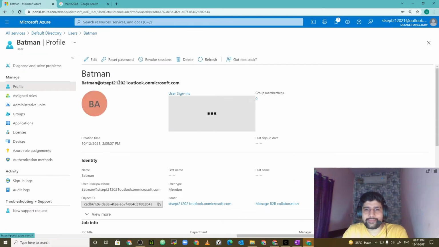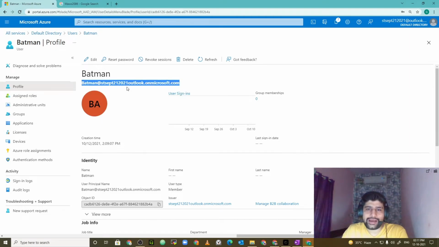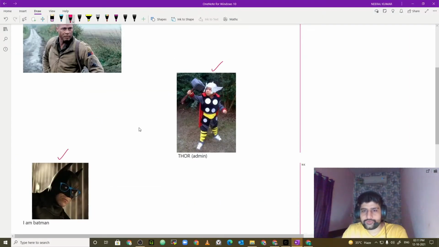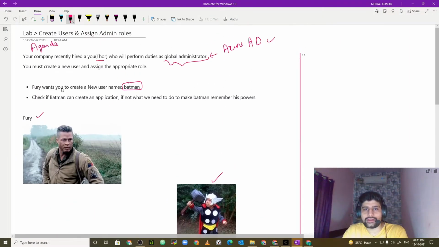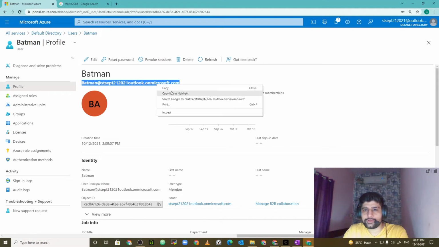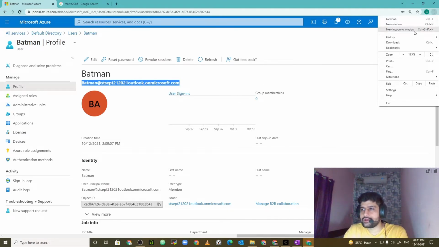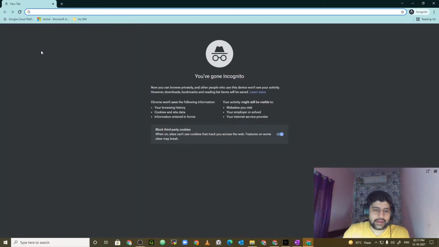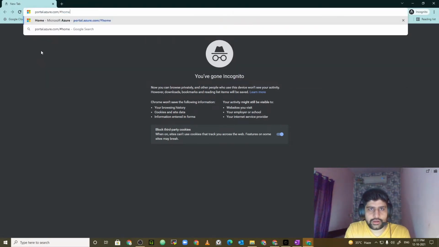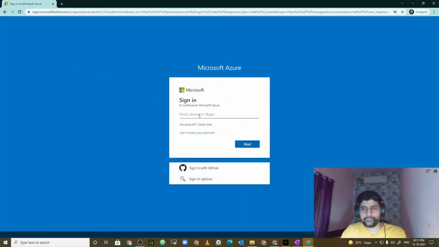So let's go to this Batman user, and what I want to do, I want to log in with this user. So the first task that I wanted to do, I had to create a user called Batman, and then I need to log in with this user. Let's go back over here, copy this user. Let's open an incognito window and search for portal.azure.com. Let's paste in this user,